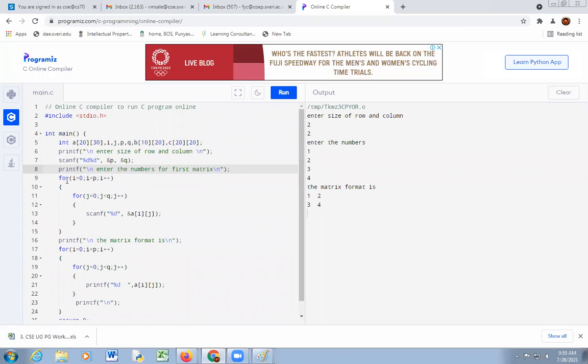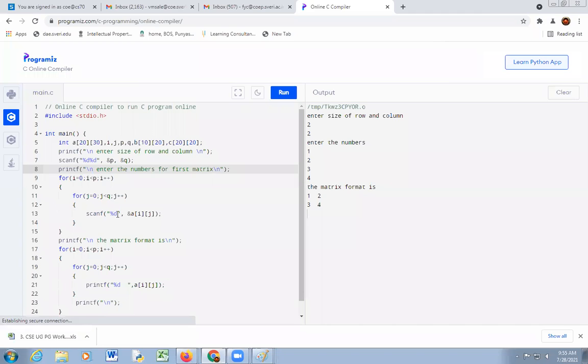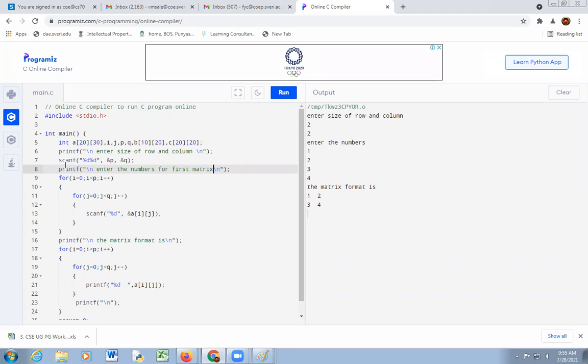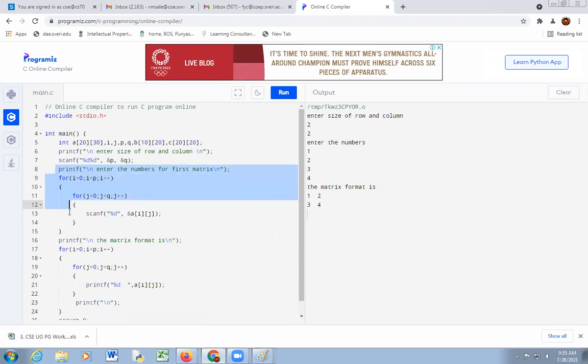Then for i equal to 0, i less than p, i plus plus; for j equal to 0, j less than q, j plus plus; scanf %d and a of ij. Here matrix A is considered as the first matrix. Similarly, I want to enter the elements for the second matrix.